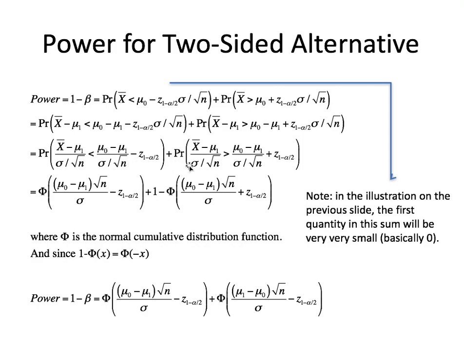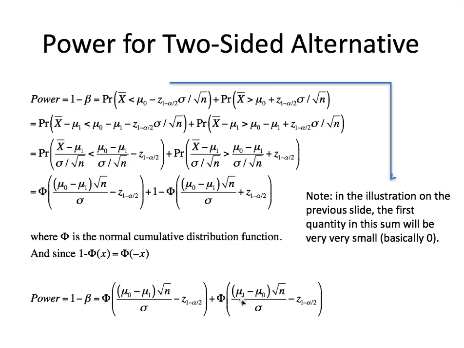So this is just one side for the power, and then this is the other side, and then we've used this identity here that phi is the normal cumulative distribution function, and we've also used it here as well. And so we get power is 1 minus beta is equal to these 2 values right here